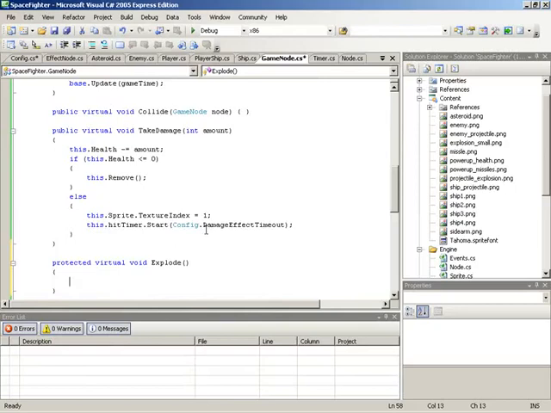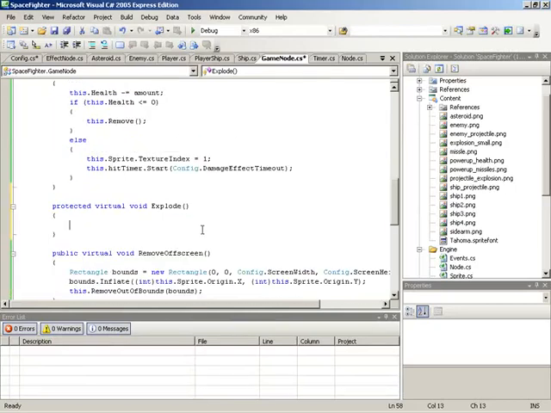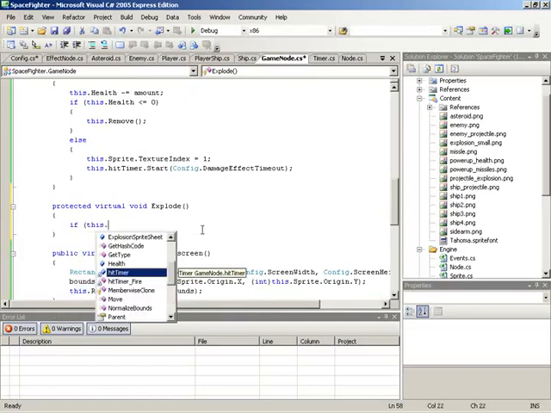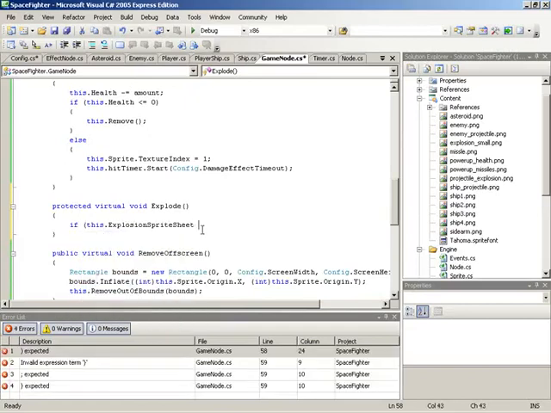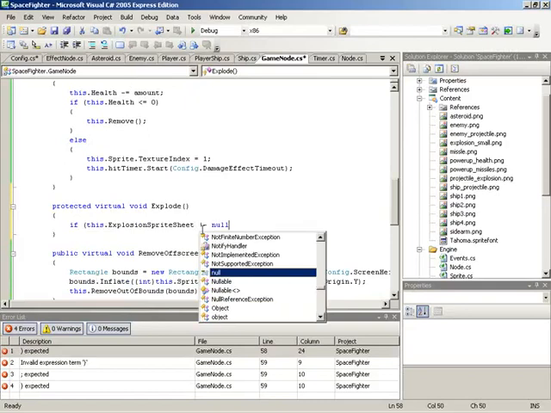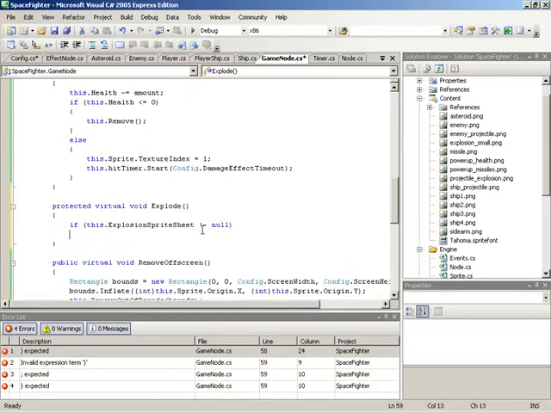Now, inside of explode, the idea is that explode will create a new effect node. We're only going to create a new effect node if we do have an explosion sprite sheet, because that's not part of the constructor. It's not necessarily required to be set. So we want to make sure that we have a sprite sheet to use before we make an explosion. So we'll check and say if this.explosionSpriteSheet is not equal to null,